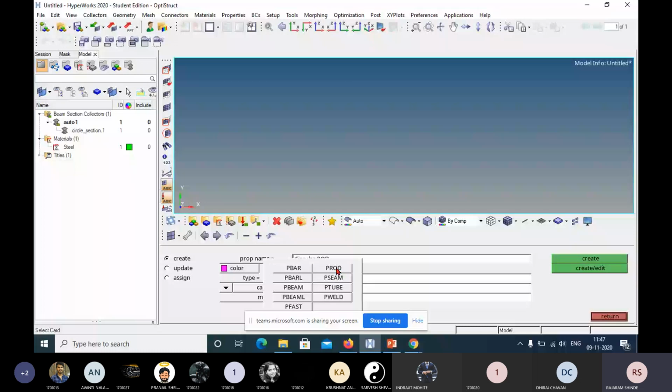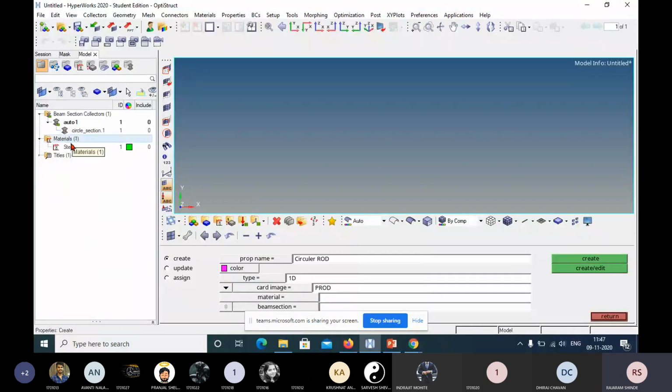Now see here, for selection of the material, you should have the material available in your analysis or in your project file. So already we have created the material. Now we have to select the same material. If you have a number of materials, you can select them by defining the number of properties.